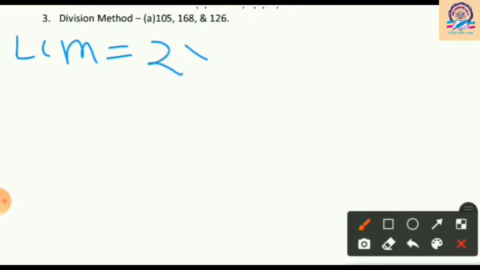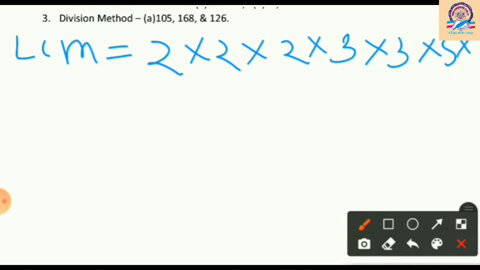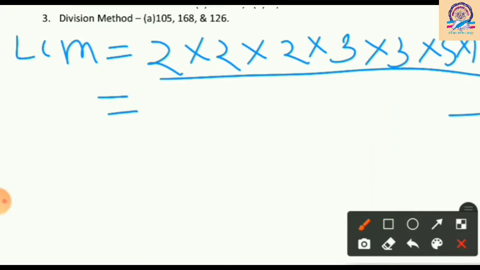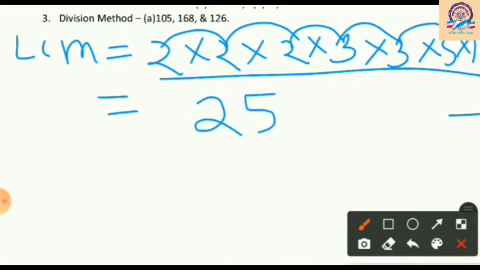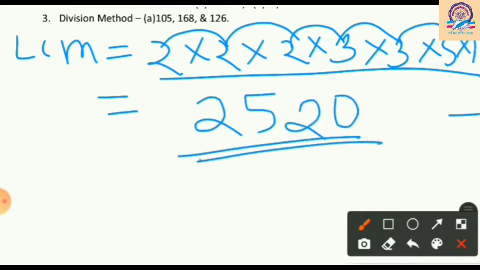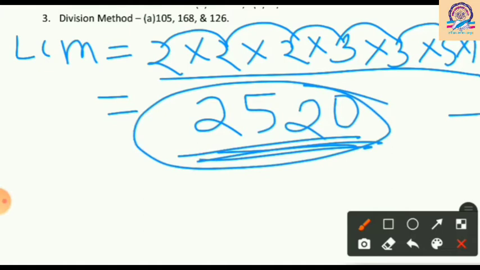So the first was 2, second was also 2, third was 2, next 3, then 3, then 5, and at last there was 7. So now start to multiply all these numbers. Okay, the product of all these numbers will be our LCM. So 2 twos are 4, 4 twos are 8, 8 threes are 24. Then 24 threes are 72, 72 fives are 360, and into 7 it is 2520. So this is the LCM of 105, 168 and